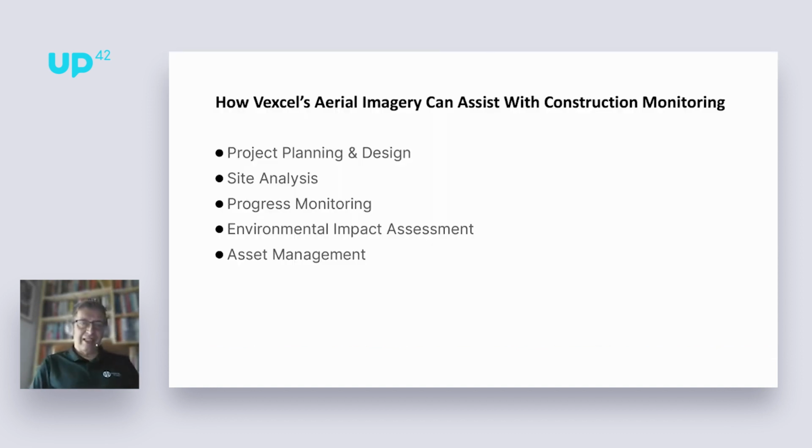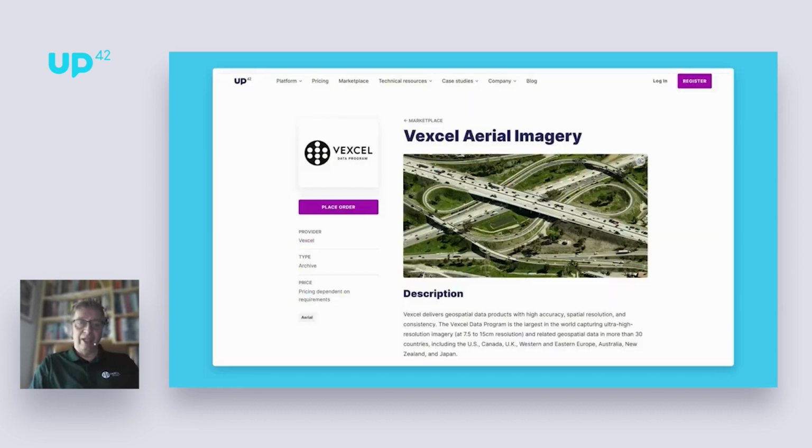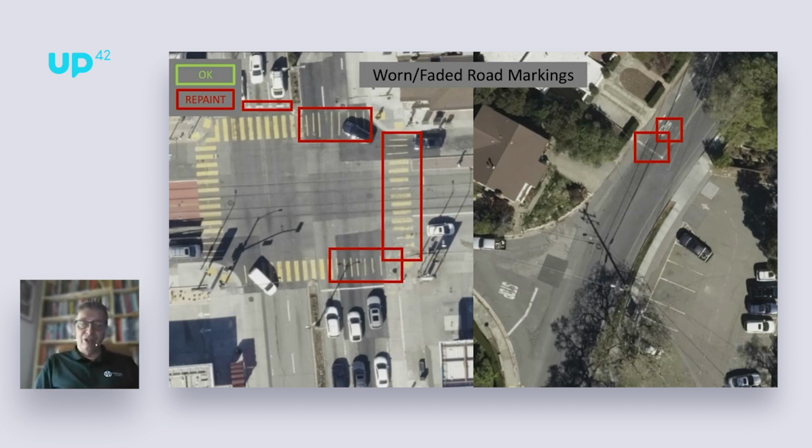Final part, asset management. So after the development has taken place, you can use the aerial imagery to assess how assets are being maintained, and so assess the age of the structures and support long-term planning for repair or replacement. And we've got a project ongoing in the US where we've used machine learning to identify road markings, and then using